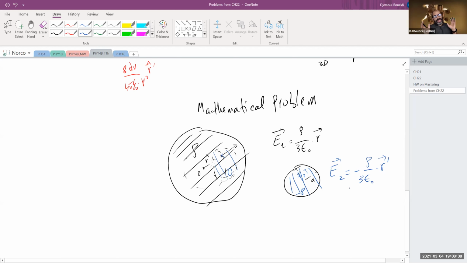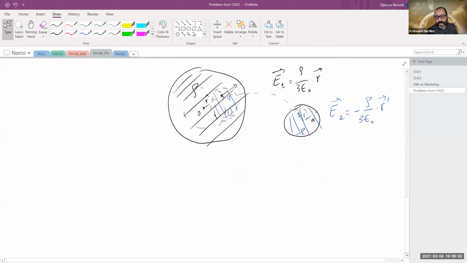So those are the two spheres that I have. Obviously, I separated them just for my convenience. The actual thing is these two spheres are on top of one another. So this sphere is actually here, where the hole is supposed to be. Okay, and it has the right radius and it has the right charge distribution to make sure I don't have any charges. Okay, so now using our BFF,